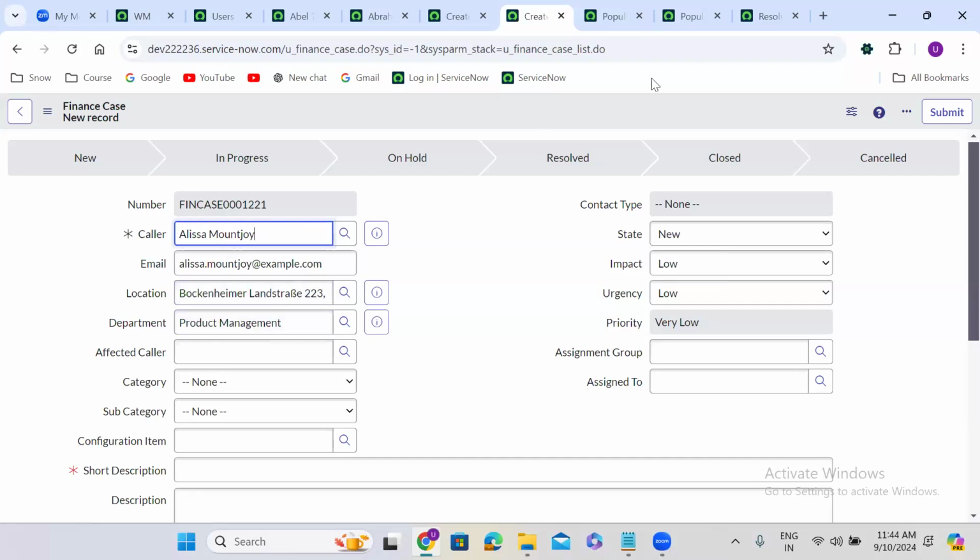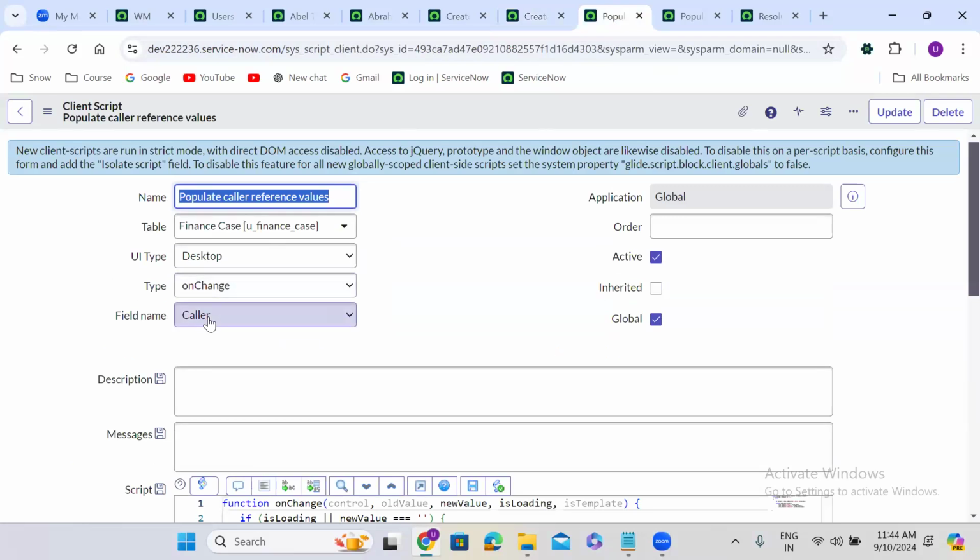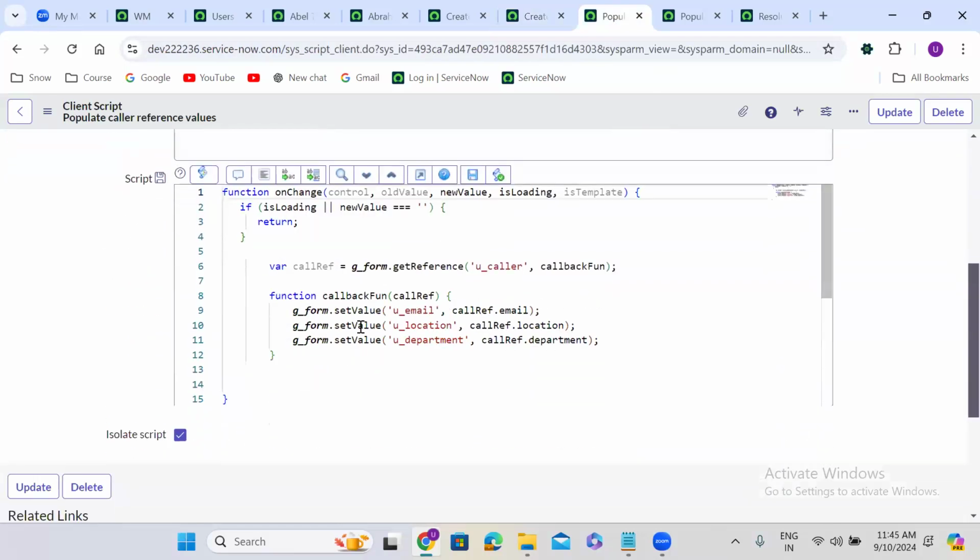So I have created an on change client script on the caller field. You are changing the value on the caller field. So then what you are doing, you are taking the caller reference. You are using a callback function. Why are you using a callback function? To get the values in an asynchronous way. So in the callback function, you are taking the reference: caller reference dot email, caller reference dot location, caller reference